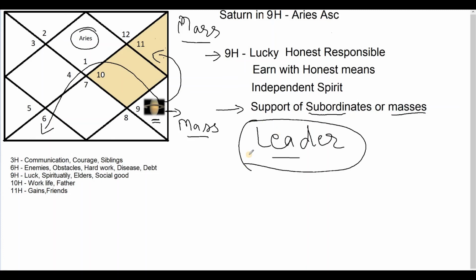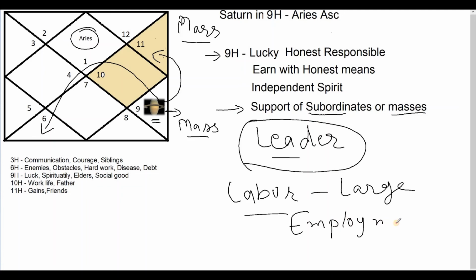And therefore, the kind of businesses in which these people could easily succeed would be the ones where you might need to use a lot of labor force or get work done from a large number of people, either as some contract where you supply labor forces, or even, in today's world, I've seen people who open employment agencies, who work to get people employed in different areas. They have this kind of placement. So anything related to working with a large number of people, masses, subordinates, those things are naturally